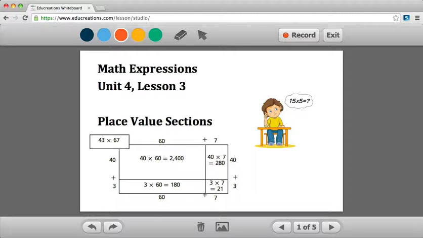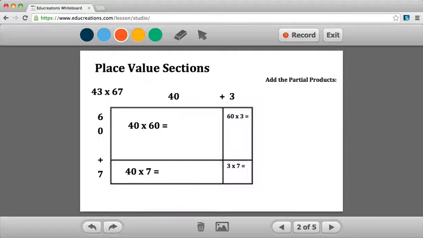Today, we are going to multiply two-digit numbers by two-digit numbers using place value sections. The first problem that we are going to take a look at is 43 times 67. So if we look at 43 times 67, you can see that we have taken the number 43 and split that into 40 plus 3, which is still 43. We have taken the second number, 67, and we have split that into 60 plus 7, which is still 67. So we are going to use this chart, which is called a place value section chart, to solve the problem